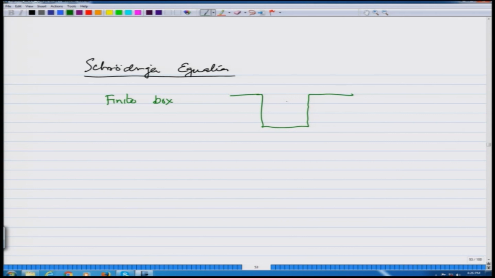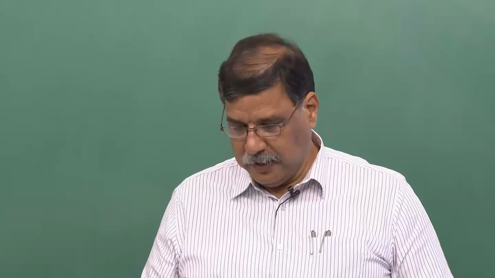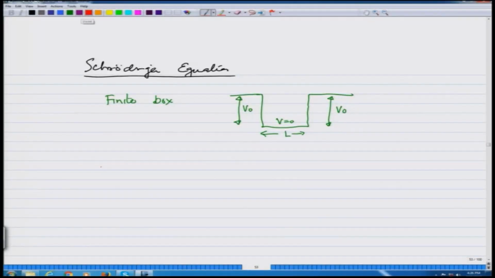with the potential being 0 over a length L. So, V equals 0 and being equal to some V 0 outside. So, this is a finite box and we want to solve the Schrodinger equation for a particle of mass m moving in this potential. This is in contrast to the infinite